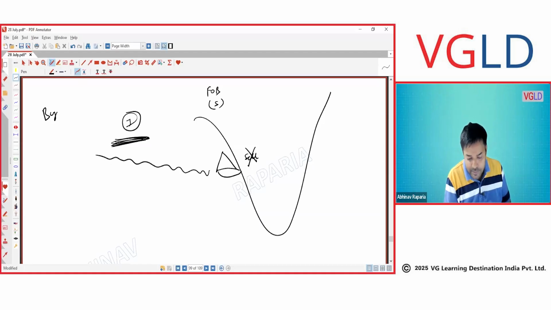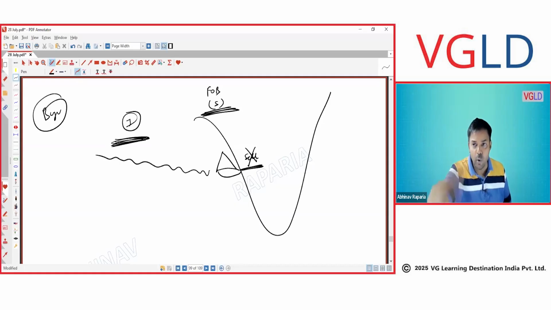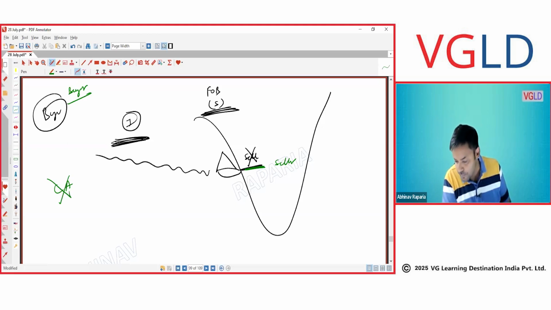The seller has loaded it and left it. FOB shipping means once you load, you are free. You don't care what happens in between. This is the seller, this is the buyer here. I'm not talking about a consignment agent. I'm talking about a normal buyer and seller now. So the moment you load the material, after that it is not your inventory. It is the buyer's inventory. Is that clear?